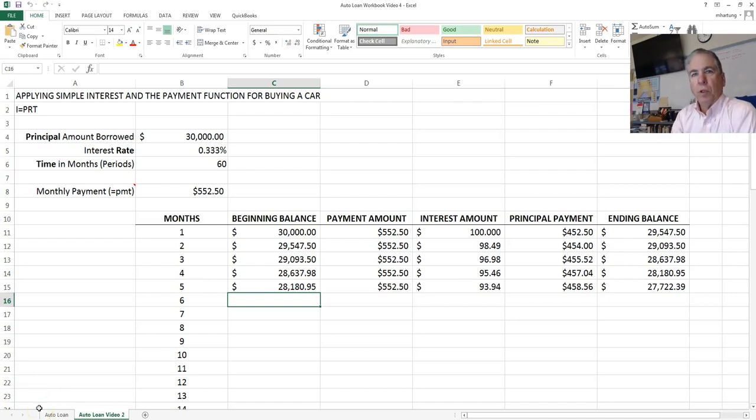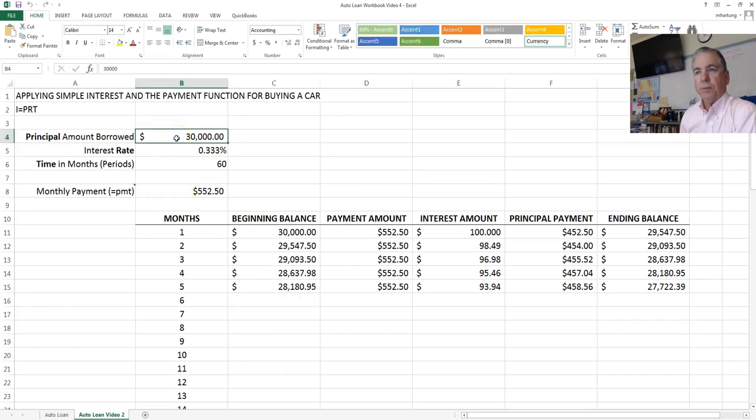Auto Loan Workbook Video 4. In this lesson, we will complete our loan table. We started by creating this worksheet, and then we're looking at purchasing a car. And we're looking at purchasing this car for $30,000 at 4% interest rate for a period of 5 years or